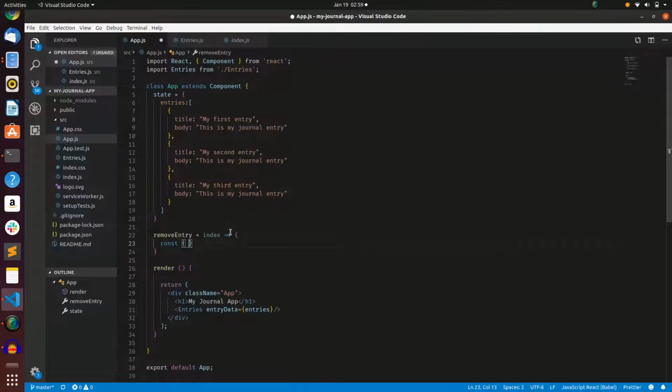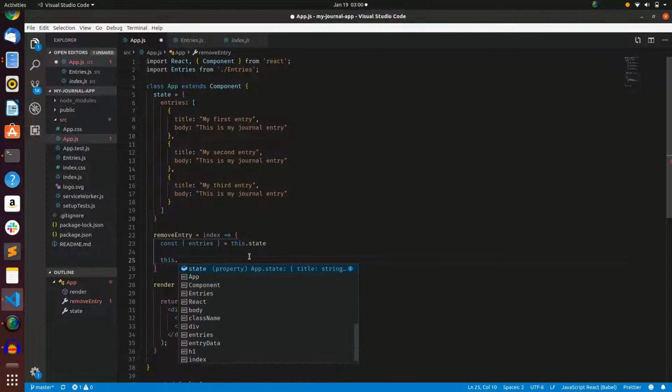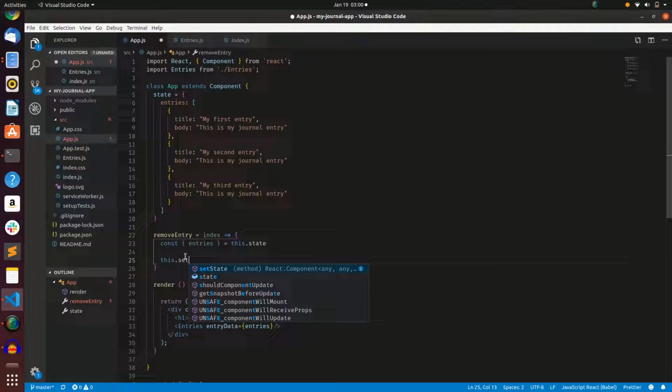So this is going to be destructuring syntax once again. And in here, we're going to call this entries. And this entries is actually being taken from line 6. So I'm just going to create a space there. And this will be set to this.state. I'm going to save that. And then underneath that, we're going to want to set our state. So our initial state within the remove entry function is going to be the state that we've set to this hard-coded array. And we're then going to want to set our state to be a filtered version of that array,